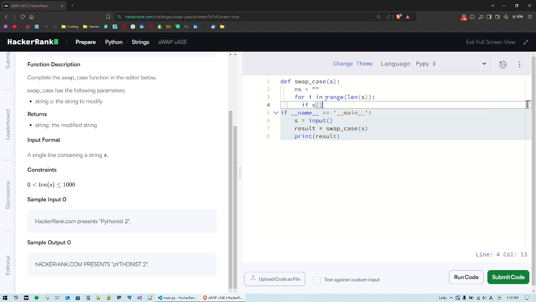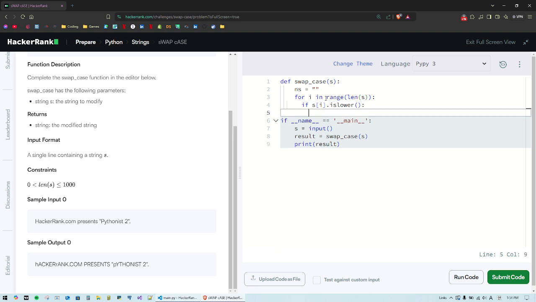If s at i is lower, then we can simply do new string plus equals s[i]